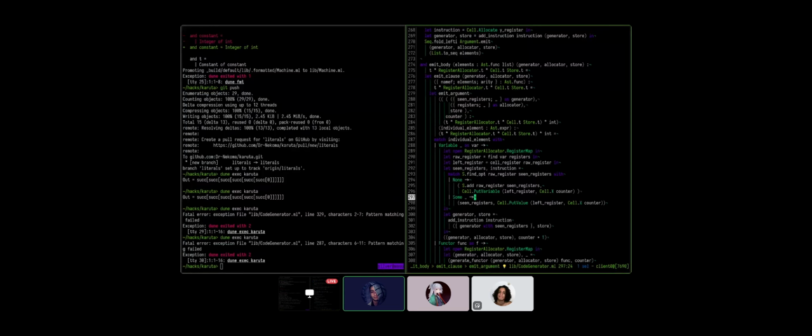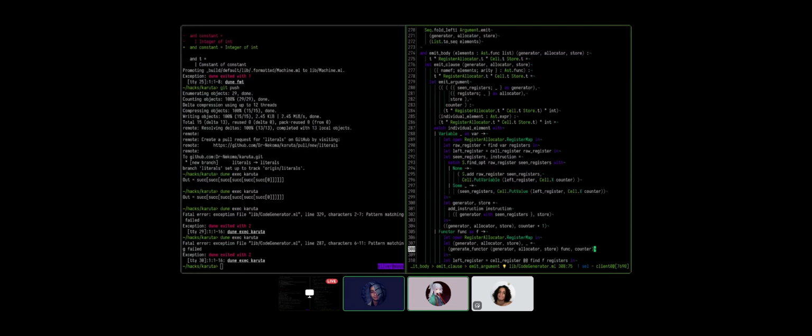Hmm. Emit body. Oh, wait. Okay, I see. It's because the int call is actually in the body of something, right? Emit match individual element, blah blah blah. Counter. What's the counter for?